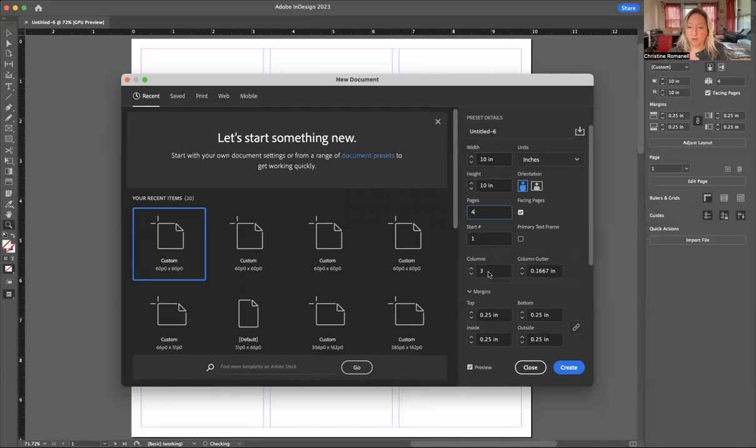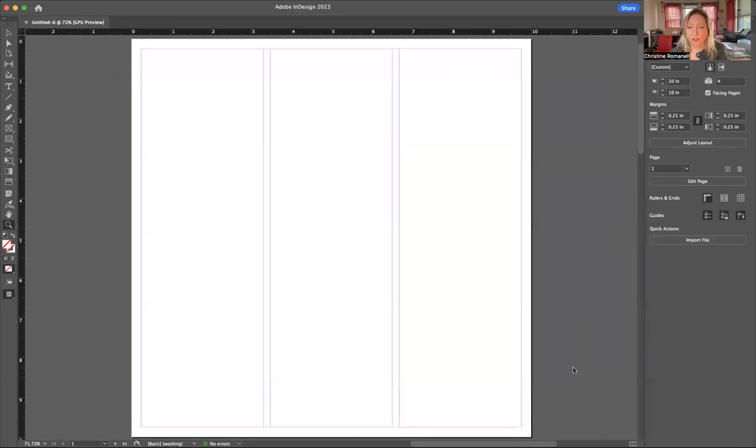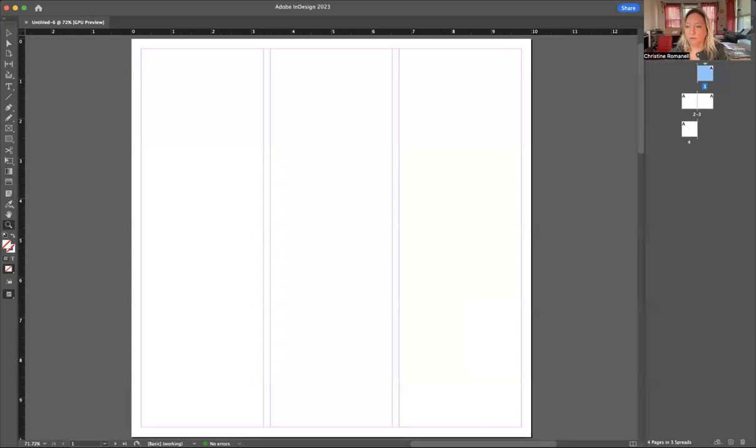We're going to set the columns to 3 so that each page will have 3 columns. And then the margins, we're going to set them to 1/4 of an inch, which is in decimals, so that would be 0.25. If you set 1 and this little lock is on, it'll set all 4, which makes it easy. So we're going to hit create, and you'll see 1 page,